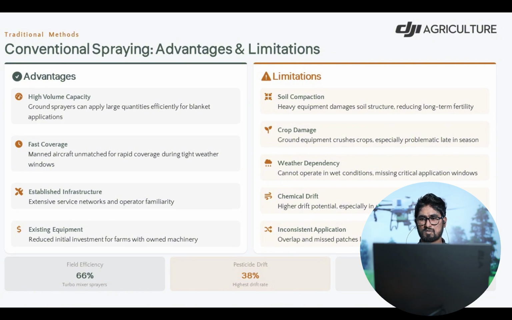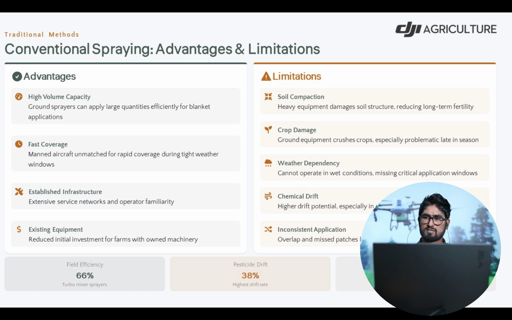There are tractor-mounted spray machines, boom sprayers, and manned aircraft sprayers. So it has fast coverage and already established infrastructure, an extensive service network and operator familiarity. And they already have existing equipment, which reduces the initial investment for farms on machinery.